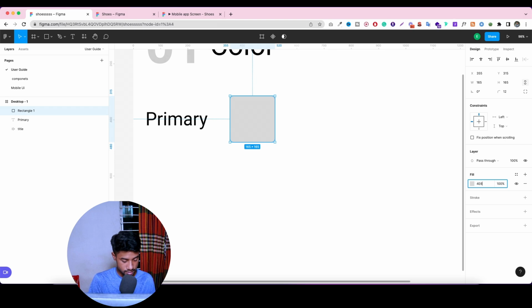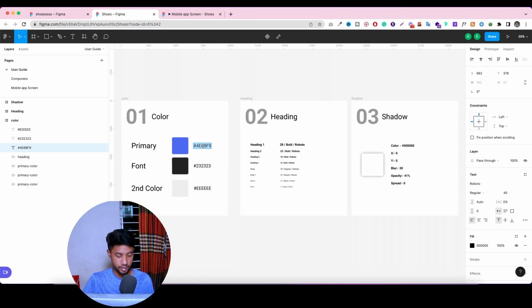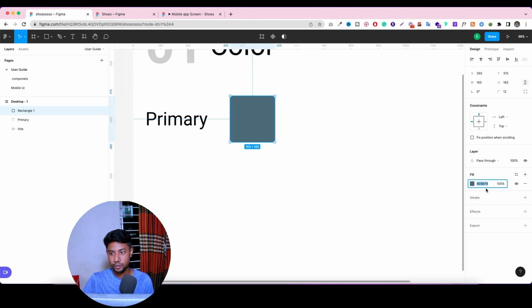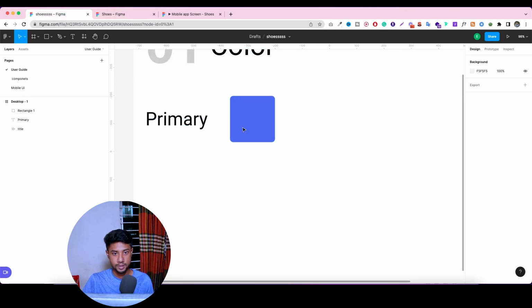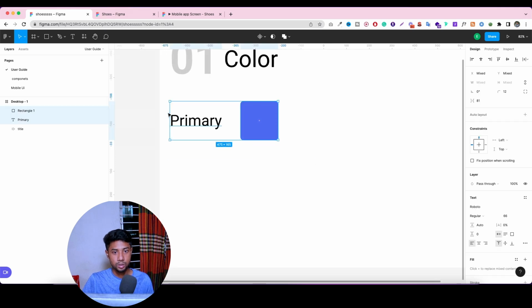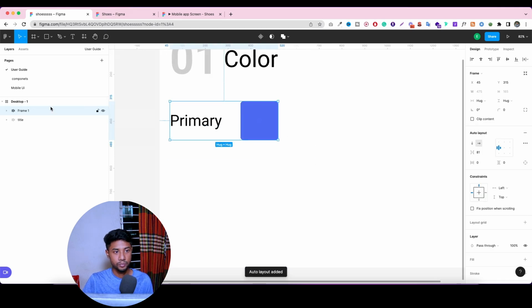4E6B7, I think it's 9, right? Oh no, it's a different something. Let me see here. We can just copy it from here since we already have it, so just paste it. So this is the vanilla color. So now we can just make another frame. So we could say primary color,